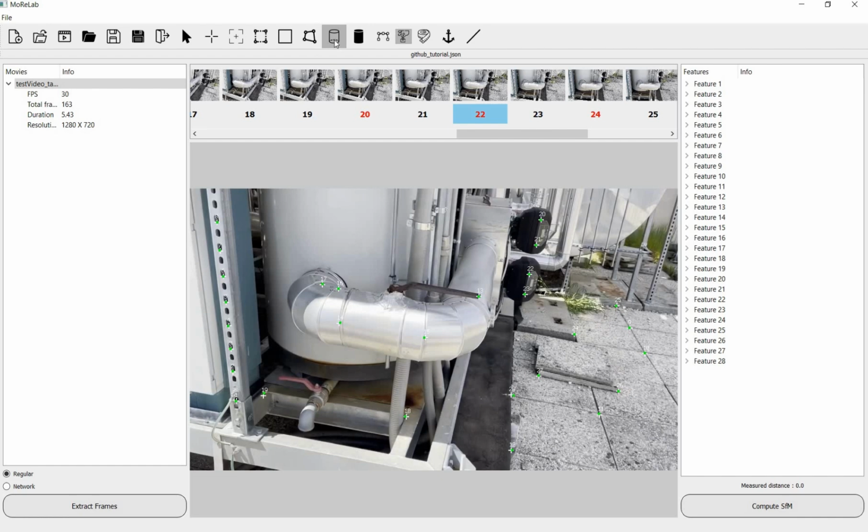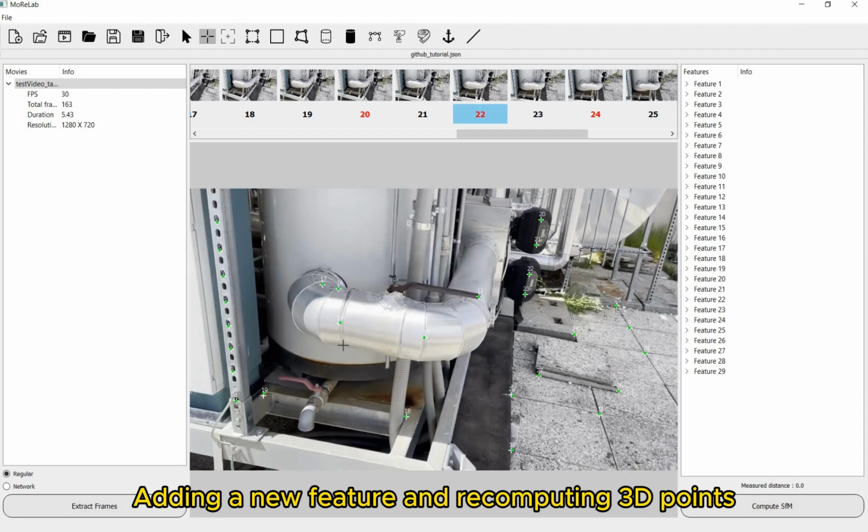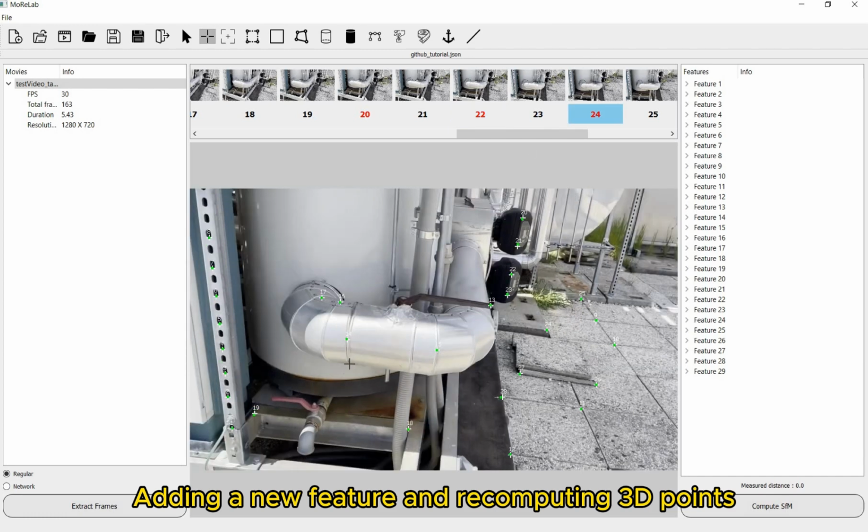Now I will talk about these cylinder tools. The first one is the center cylinder tool. I just realized that I need one more point for this tool, so I would come back to the new feature tool and add another feature. That will be feature number 29. I will add this on image 20 and then do it on image number 22